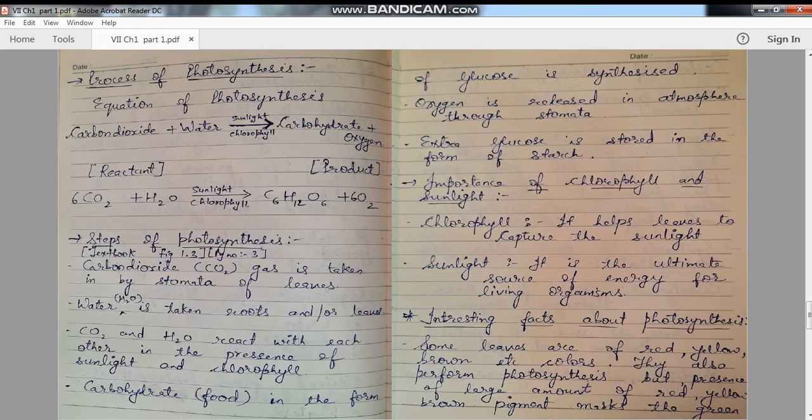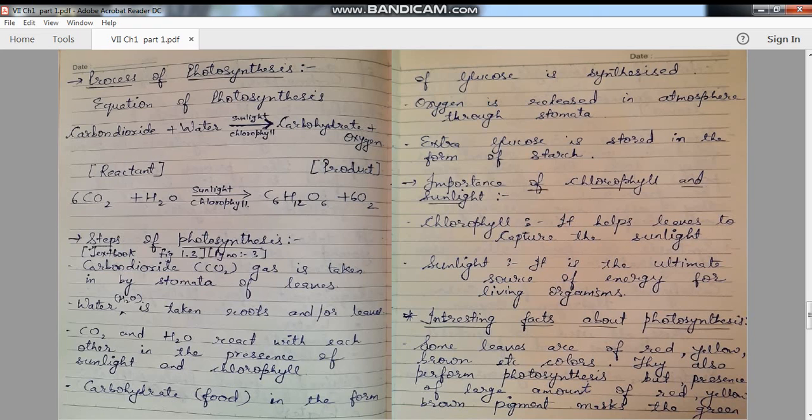Now let's see the steps of photosynthesis. First of all, the carbon dioxide will be taken up by the leaves. Next, the water will be taken up by the plant from the root or the leaf. Now, this carbon dioxide and water will react with each other in the presence of sunlight and chlorophyll. As the process of photosynthesis is completed, the carbohydrate will be formed. Particularly, glucose in the form of carbohydrate will be formed, and the oxygen will be released in the